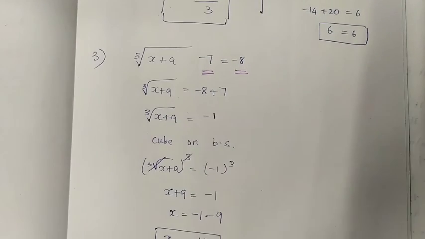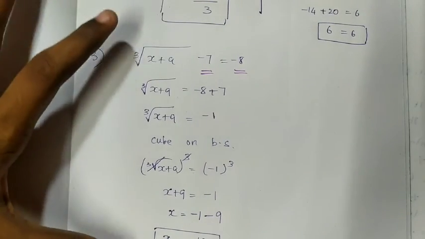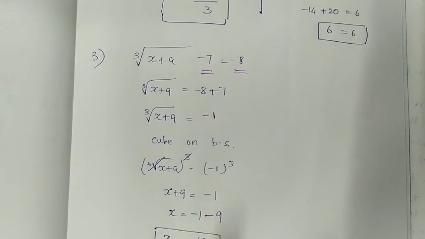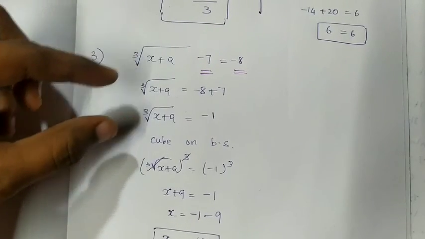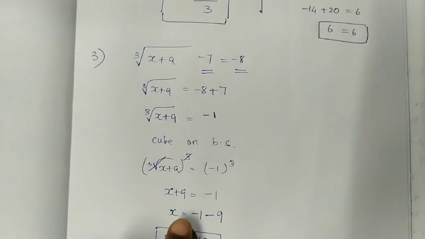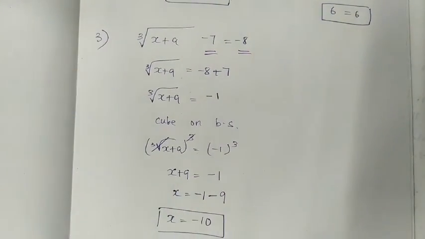Here this sum looks like a complicated one, but this is very easy, right? The thing you need to do is bring every constant to the other side, which is the first step. After that, you need to try to get this x alone on one side, or on the left hand side. Then you will get the answer easily.